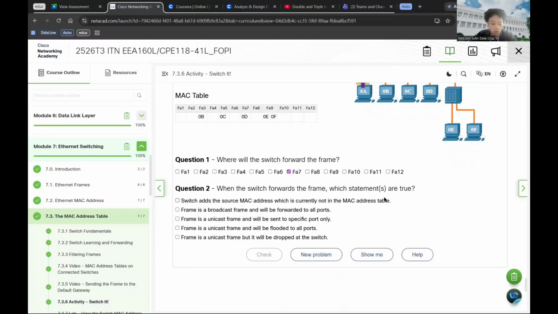For question 2, when the switch forwards the frame, which statements are true? Number 1 is this one: the switch adds the source MAC address, which is currently not in the MAC address table. Why?